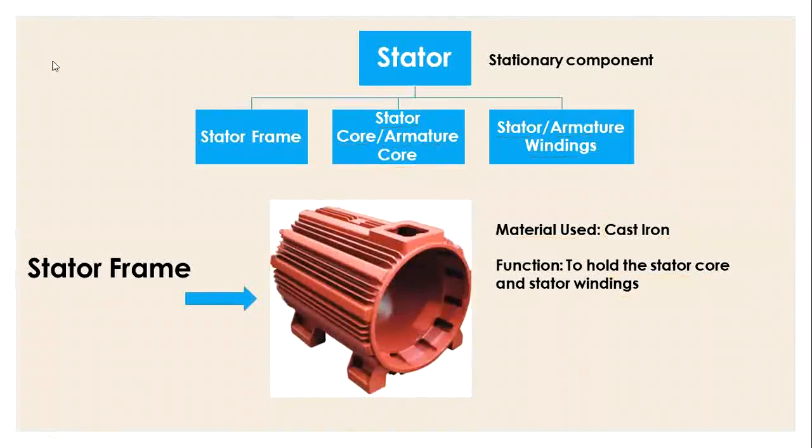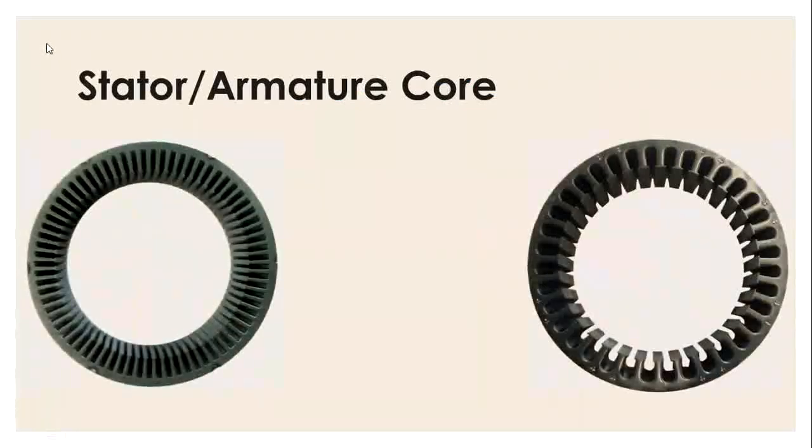Now let's see about the stator core or the armature core. So if you see here, this is the representation of the stator core, and on the internal periphery, as you can observe, these are the slots. Now if you observe here, there are two different types of cores I have shown here. Why two different types? Because depending upon the type of slotting which is done here, these are different types of armature core. These slots which have a shape like this are called open slots.